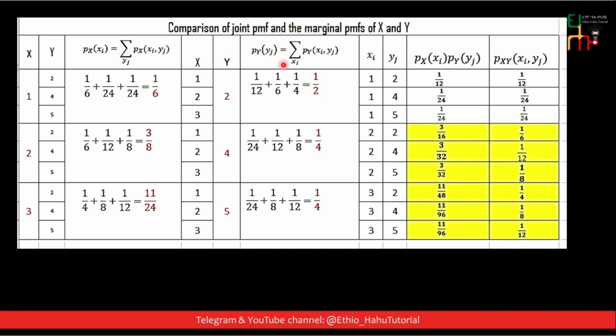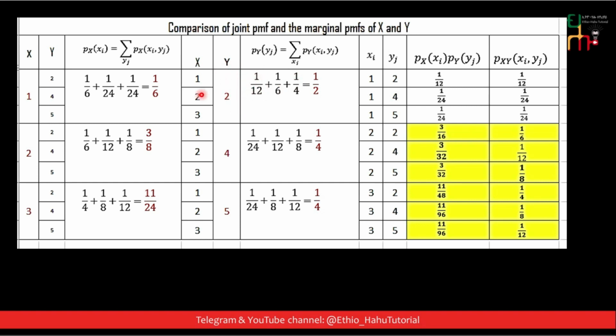all y's, and marginal probability mass function of y ን አገኘን for all x's ማለት ነው። ስለዚህ x 1 ሲሆን for all y's marginal probability mass function 1 over 6 ነው። x 2 ሲሆን the marginal probability mass function of x for all y's is 3 over 8. x 3 ሲሆን the marginal probability mass function of x 11 over 24 ነው። y ጋር ደግሞ ስንመጣ the marginal probability